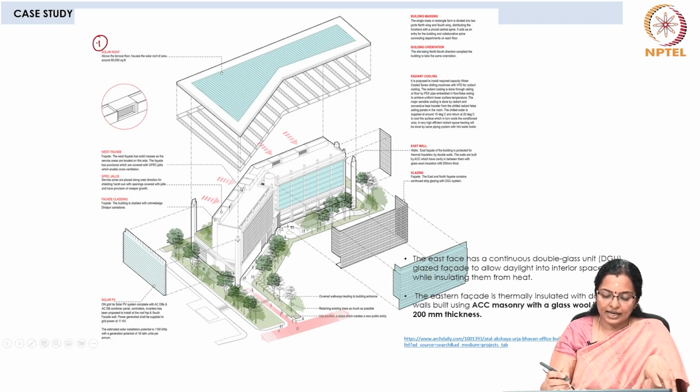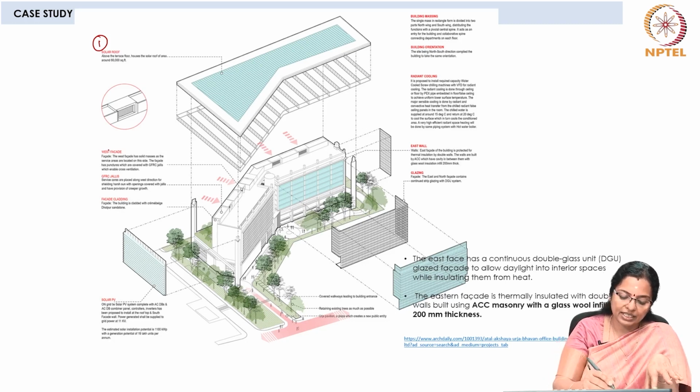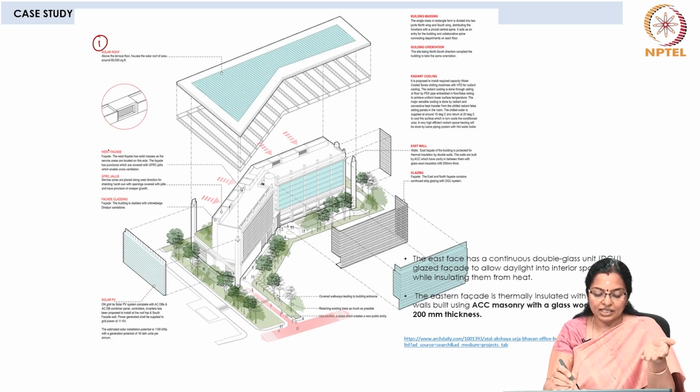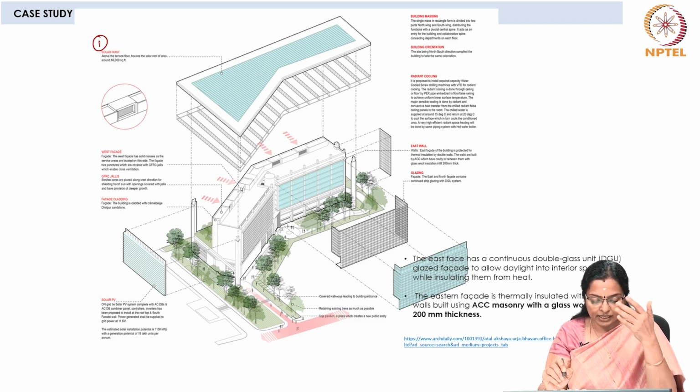The west facade has solid masses as the service areas are located on the western side, and that facade has punctures which are covered with GFRC jalis which enable cross ventilation. These jalis, they had the service cores placed along the west side for shielding the harsh sun. The building is cladded with Dholpur sandstone. Solar PV panels are